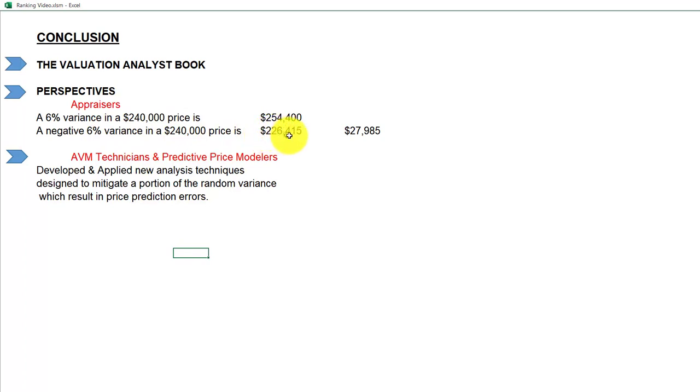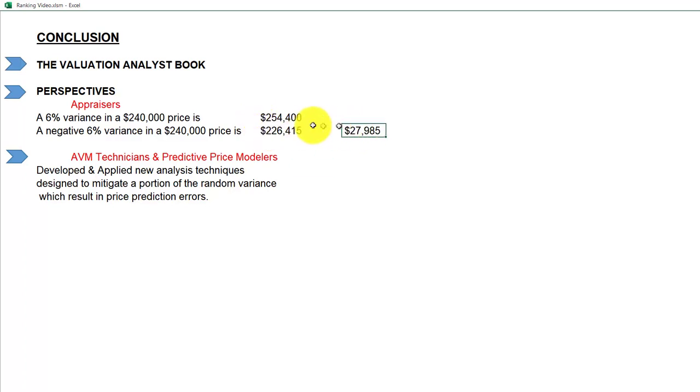So what we're saying is, where the intrinsic sales price is 240, then what you get in your actual sales database, or what the actual price was, could be anywhere from 226,000 to 254,000. That's a plus or minus 6% range, but it's a 12% total.